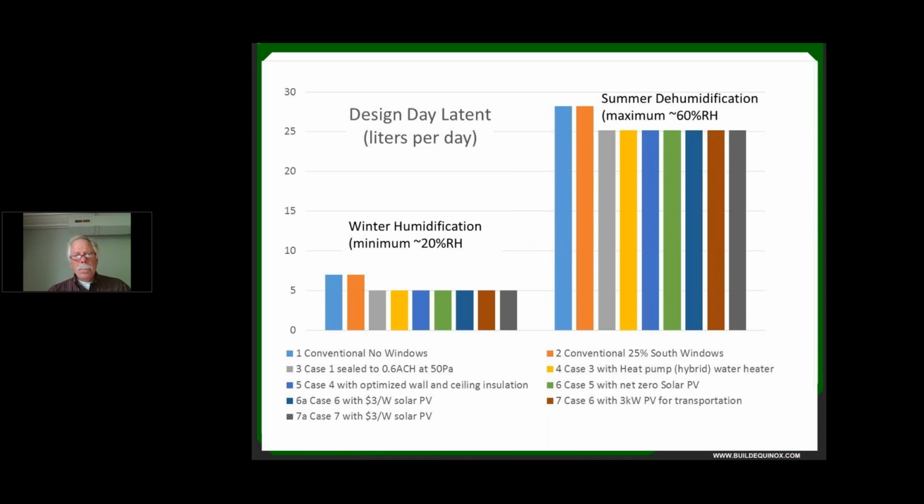On the latent side, and as we talked about with zeros, this is really a unique feature that you can schedule the monthly humidity level that you would maintain, and we kept the humidity so that it wouldn't drop below 19 to 20% in the winter. And based on that, that was showing that on the design day in the winter, to maintain about 20% relative humidity indoors, we would need about 5 to 6 liters of water vaporized,